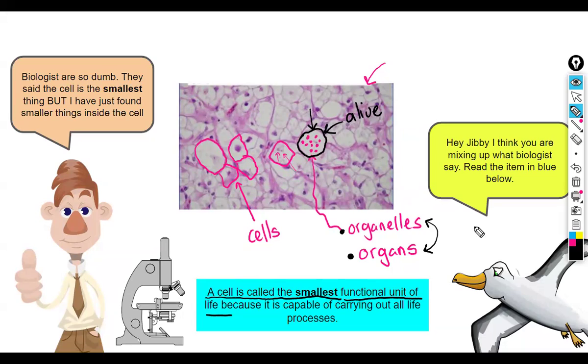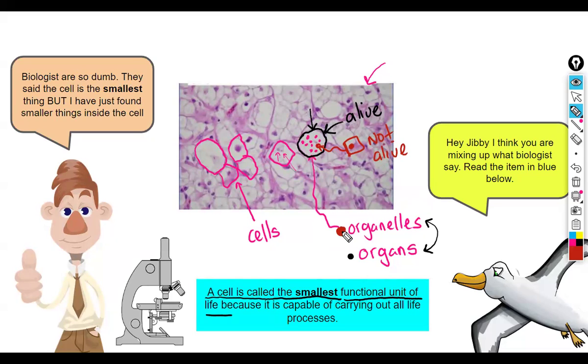But can the individual parts inside of it, let me say we go inside the cell and we take out this part? Obviously, most of you all don't know the names of all the parts of a cell, right? But if I were to take out one organelle from inside the cell, would that one organelle be considered alive? Yes or no? The answer is no. Organelles are not considered to be alive.